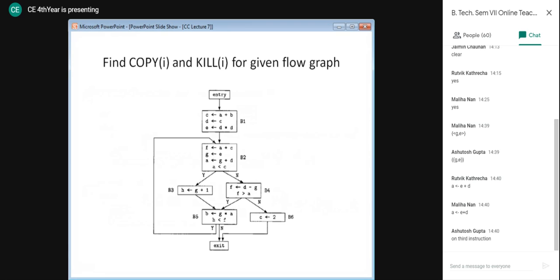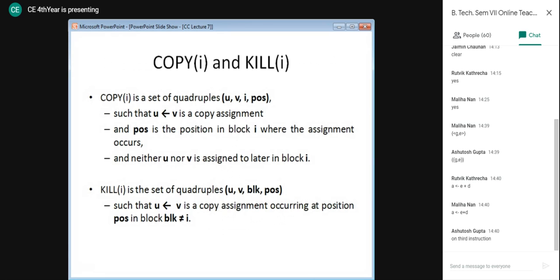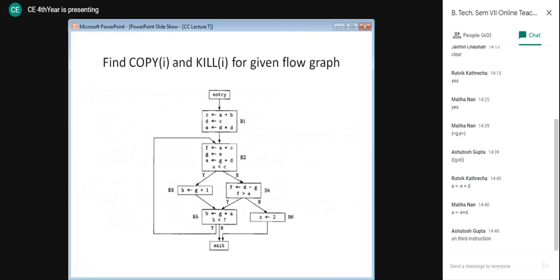You need to use this particular notation U comma V comma I. Copy is relatively simple, so that is why we first go for the copy set. Once the copy set is available to you, just let me know.